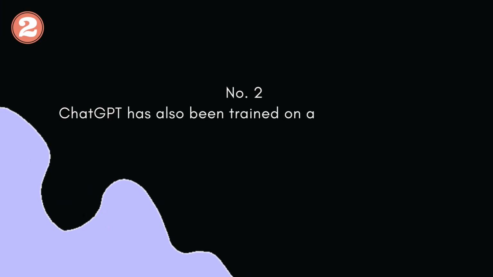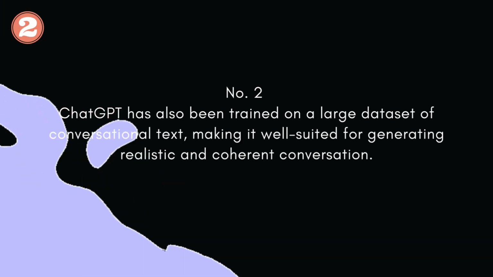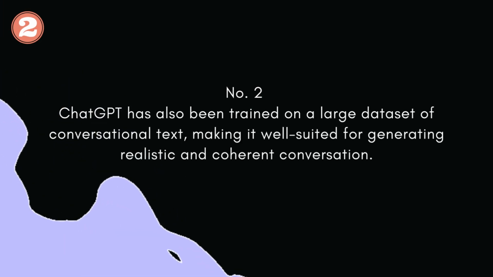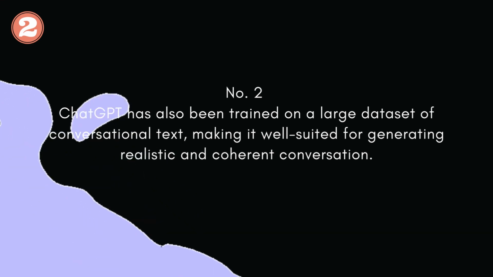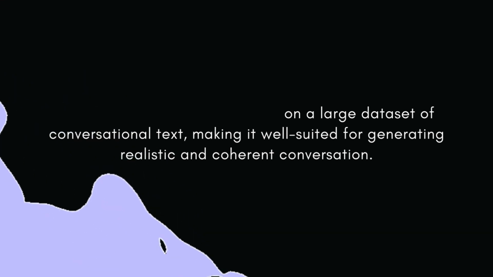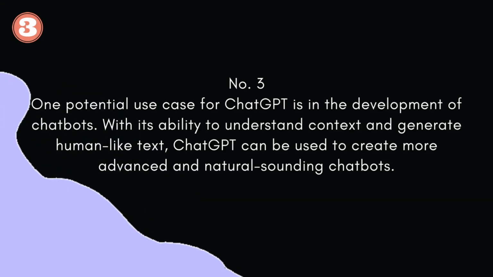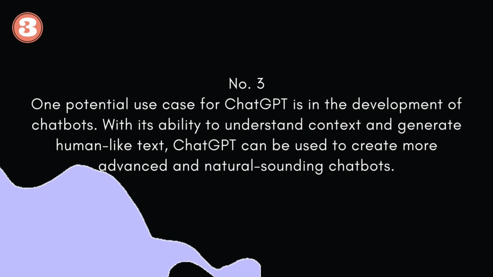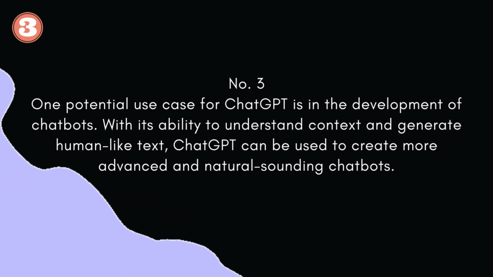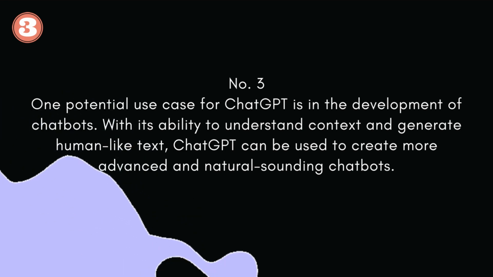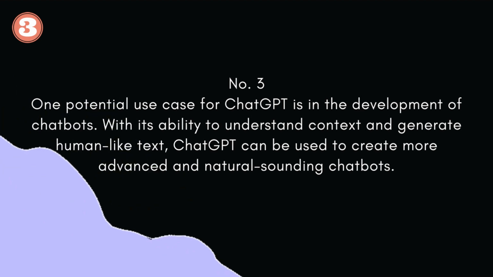Number 2. ChatGPT has also been trained on a large dataset of conversational text, making it well-suited for generating realistic and coherent conversation. Number 3. One potential use case for ChatGPT is in the development of chatbots. With its ability to understand context and generate human-like text, ChatGPT can be used to create more advanced and natural-sounding